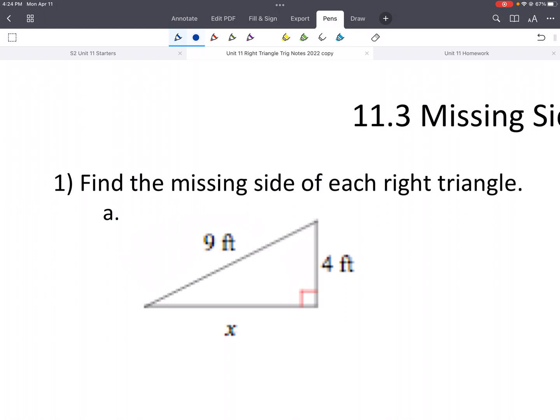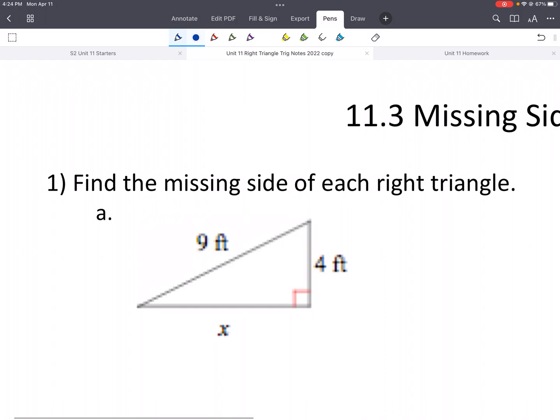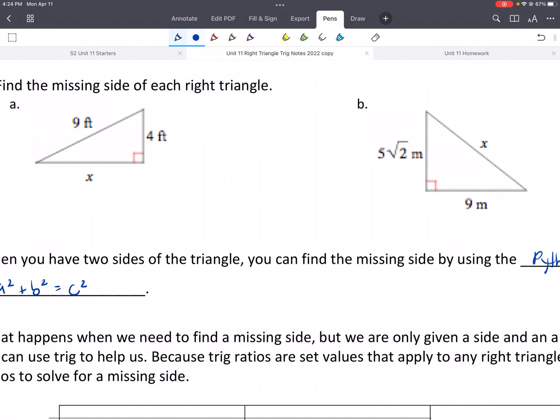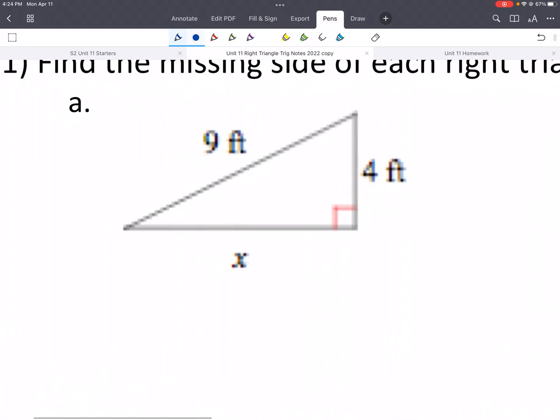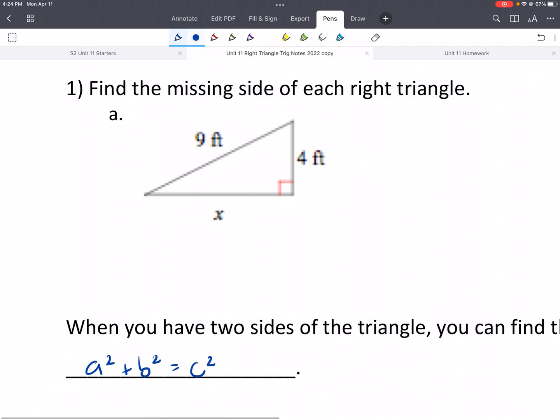So find a missing side. If we're trying to find a missing side and we have two of the three sides, then what we did in 11.1, we could use the Pythagorean theorem. So again, the Pythagorean theorem is a squared plus b squared equals c squared. So that is an option if it came to that, okay? So just a reminder, this would be maybe like your a, this would be our b, and c is always